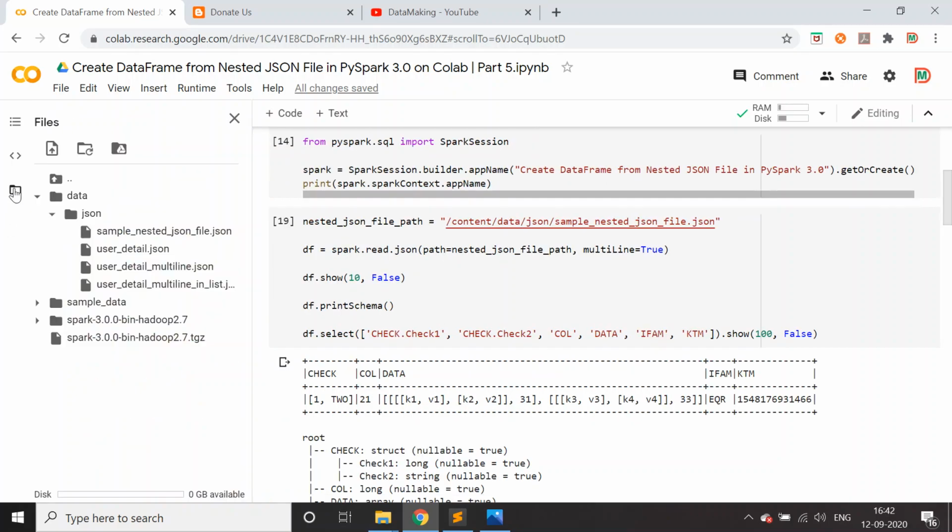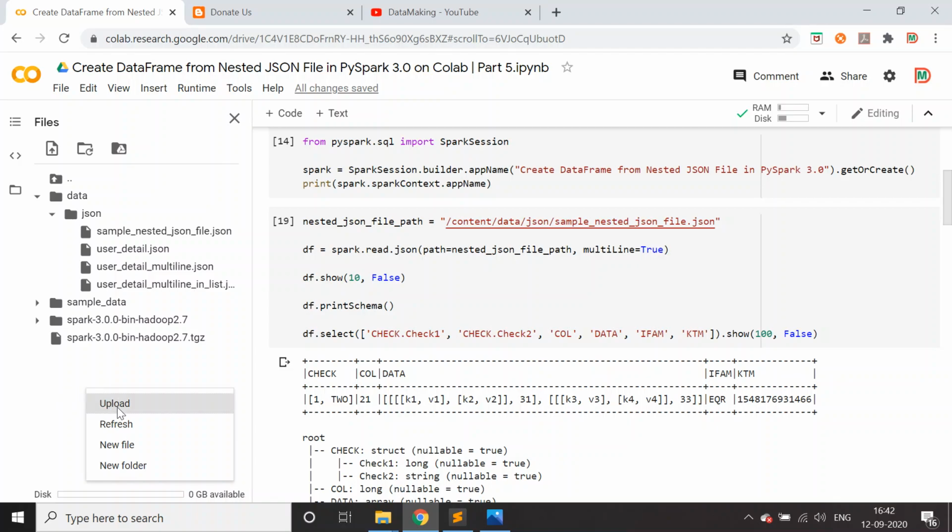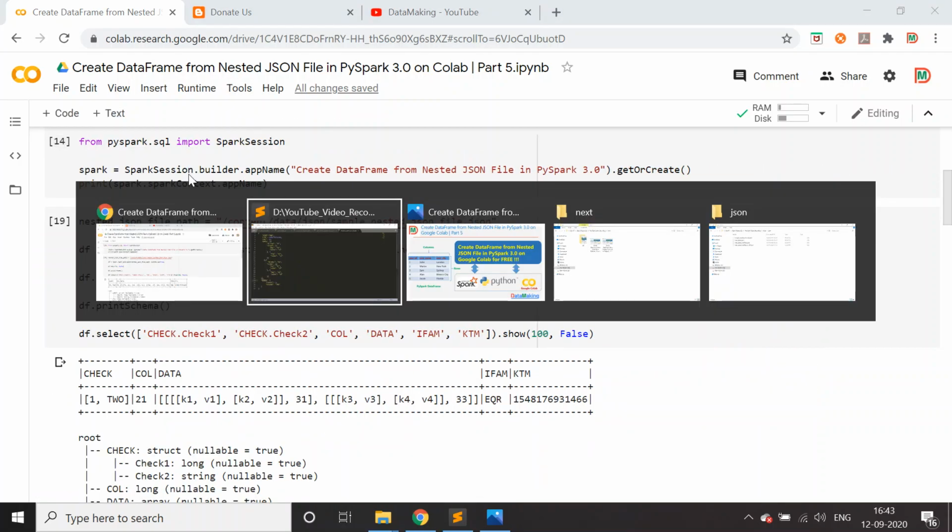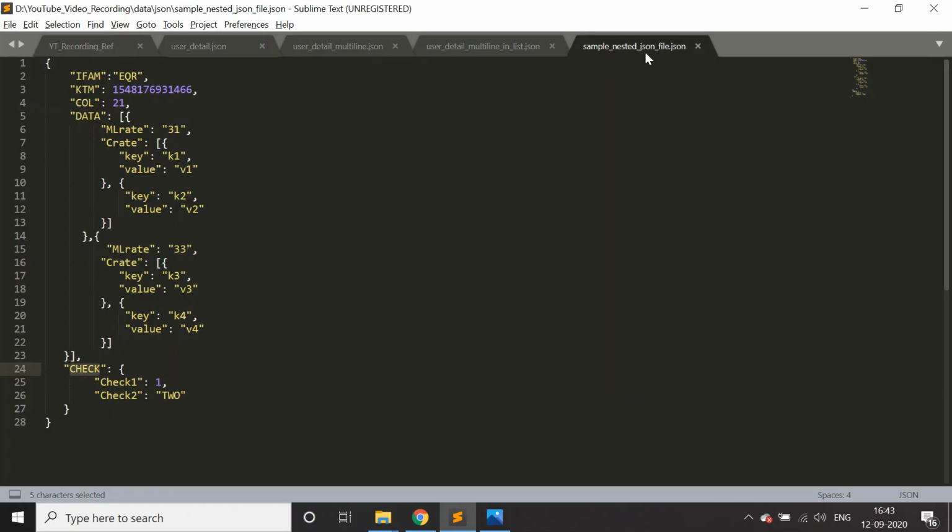First, we'll upload the file. You can right click on this area and upload it, or you can create a structure like data and under that a subdirectory JSON, and upload the sample data and read it. The uploaded data is a sample nested JSON file.json.